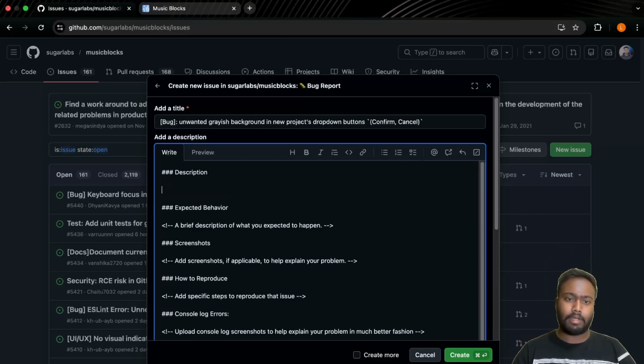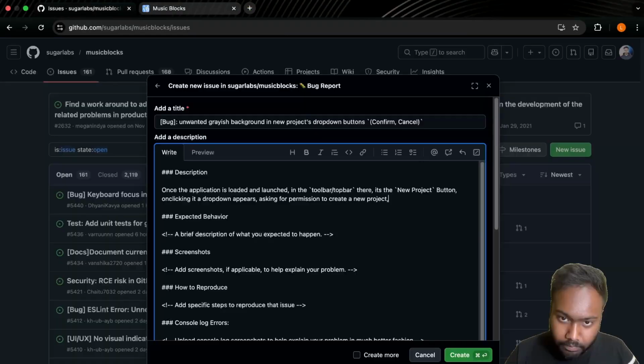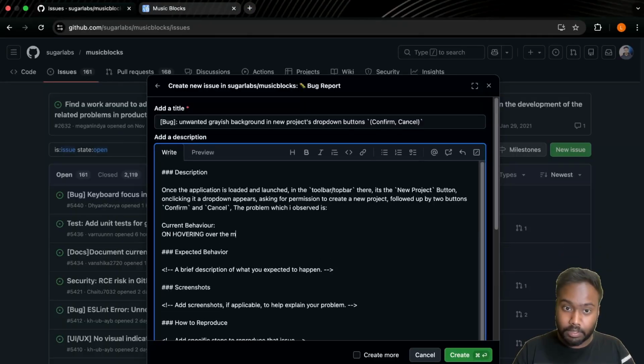Let's simply type it कि भाई, over the buttons, some